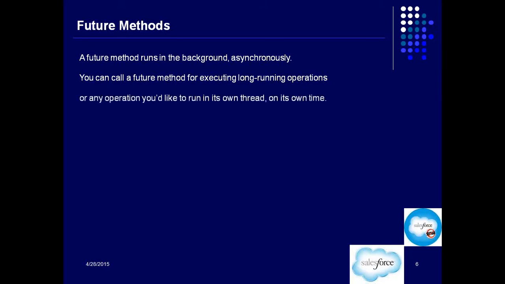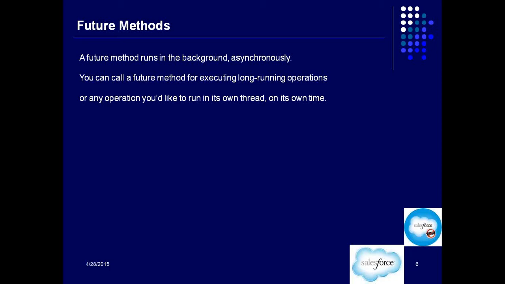Or any operation that you would like to run in its own thread on its own time. If the operation is a long running operation and you don't want the end user to be waiting for that operation to complete, you don't want your end users to keep on waiting for that. That's something which should happen in the backend, and that does not affect the results to the end users.